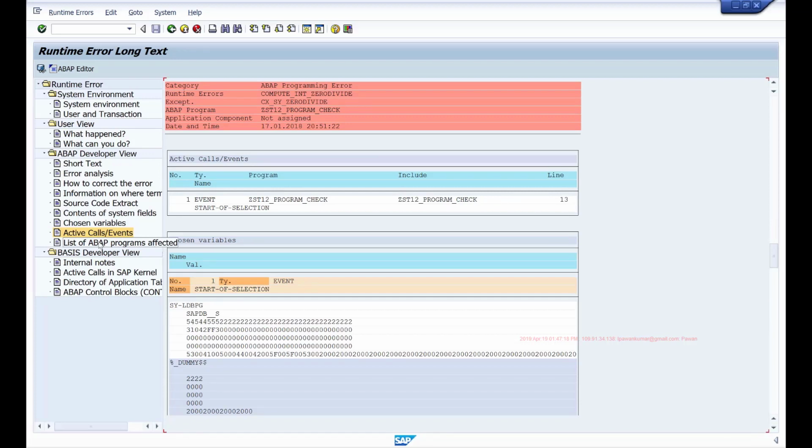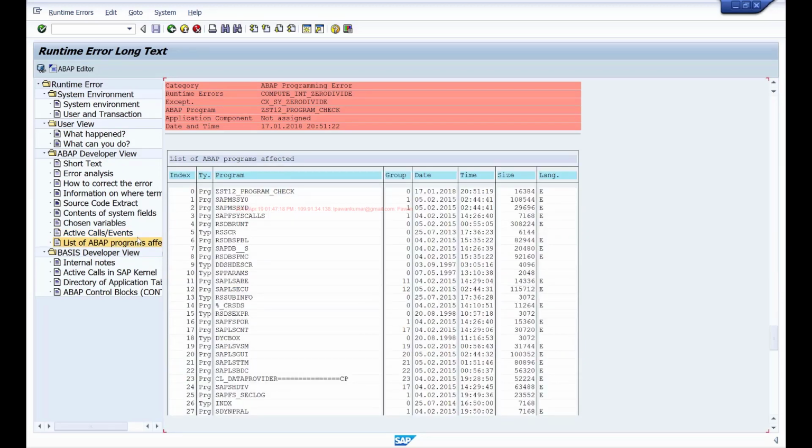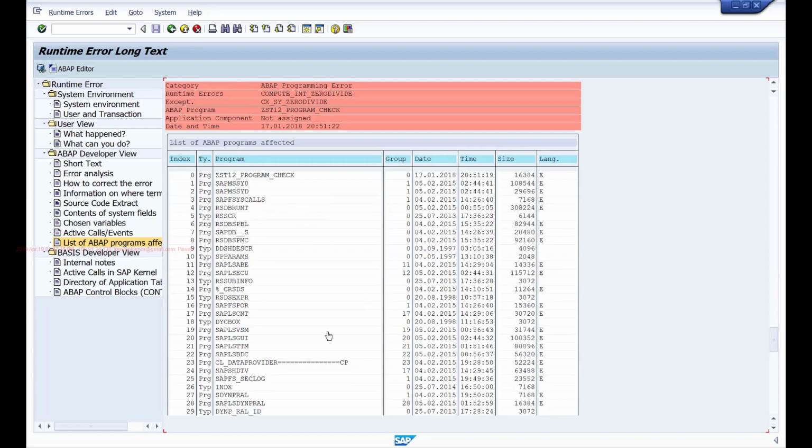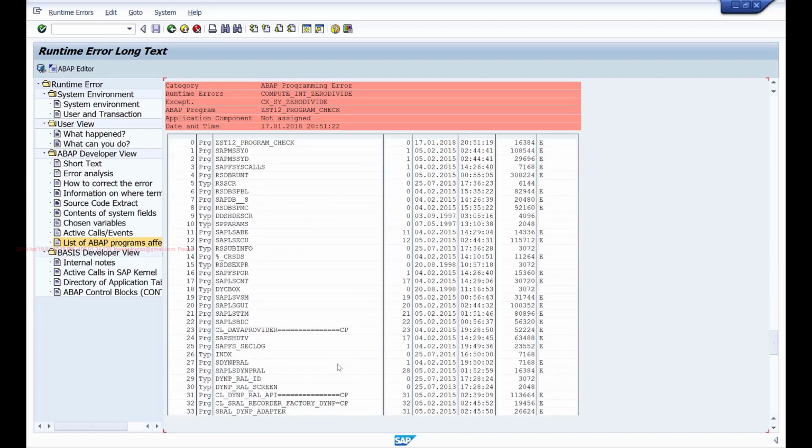So if the user is executing a program and getting a runtime error, simply open that runtime error in the ST22 transaction and you can see different information about the system and the program at the time of the error. And we have some information about the list of programs that are affected. These are all the different programs that were loaded when this program was called.